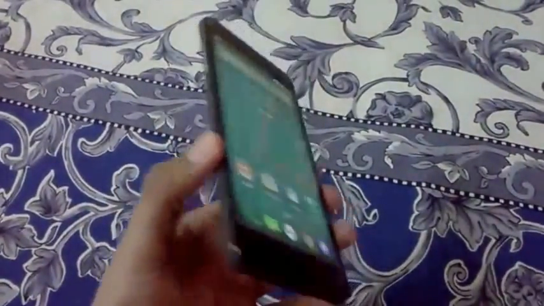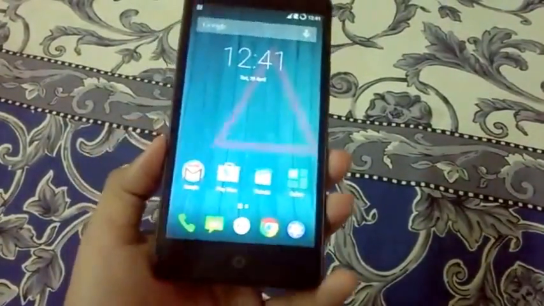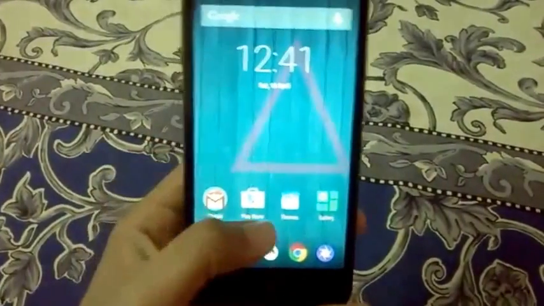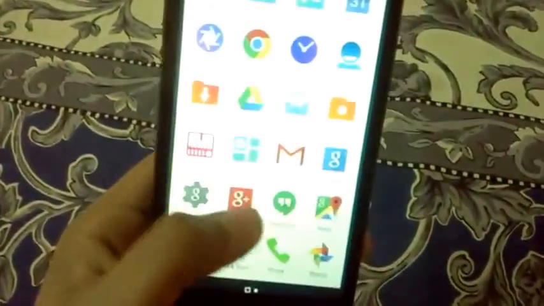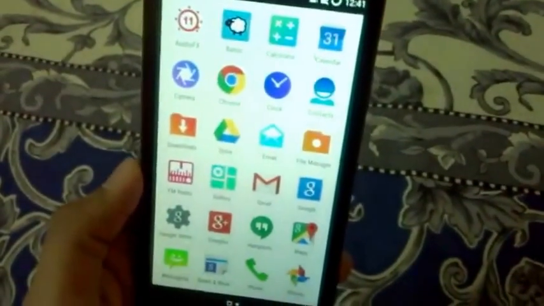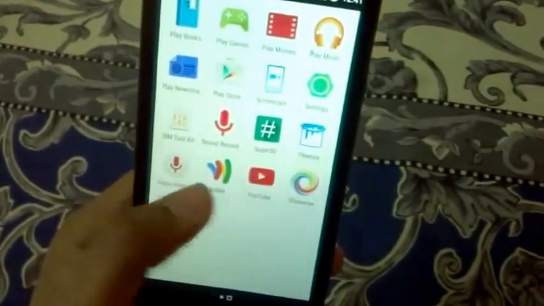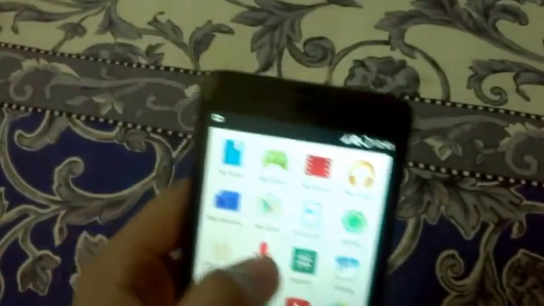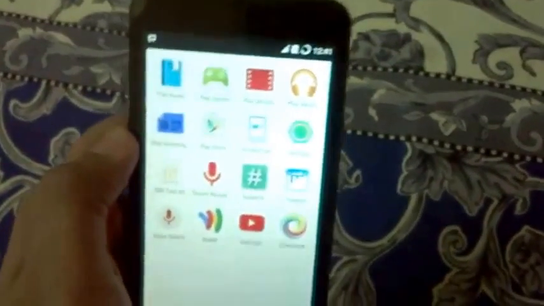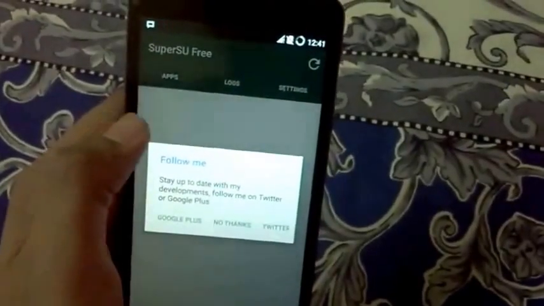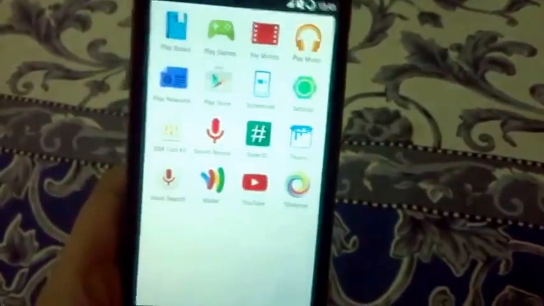It optimized all my 122 apps which are the official ones, and 3 apps which we have. Now let's see if we have the SuperSU. So guys, now you can see we have the SuperSU installed on our device. So that means we are rooted now.